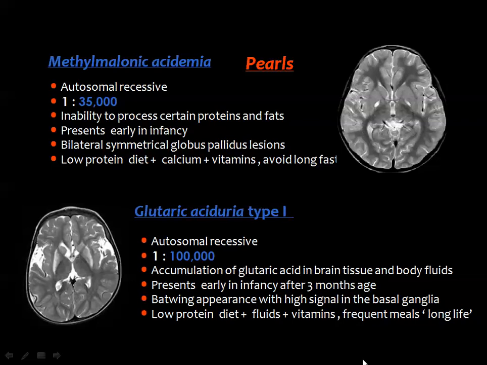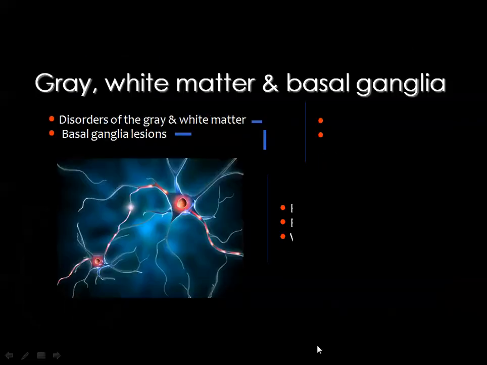The imaging finding is also characteristic, in the form of bat wing appearance of the sylvian fissures, frontotemporal atrophic changes, and high signal intensity in the basal ganglia, which will show restricted diffusion denoting ischemic changes. The diet treatment of these patients will include a low protein diet, a lot of fluids, a lot of vitamins, and also, very important, frequent meals. This treatment is lifelong, to avoid the complications of